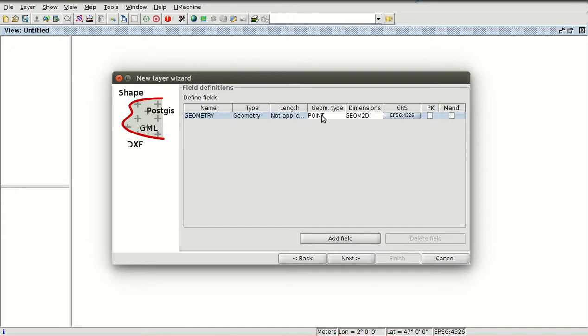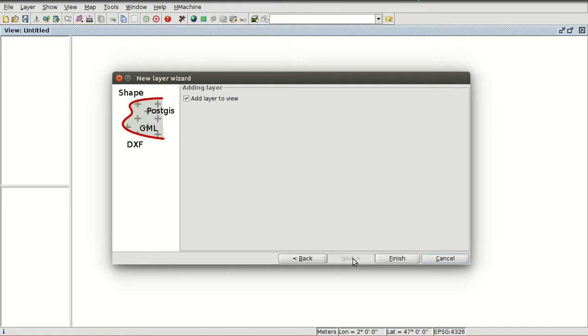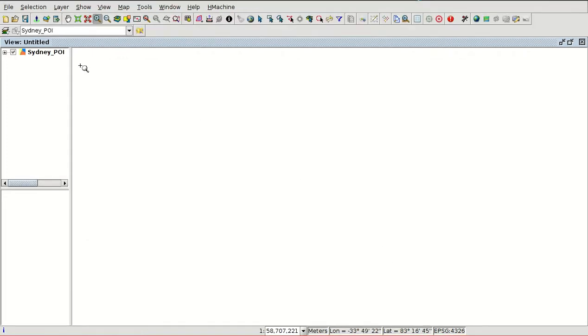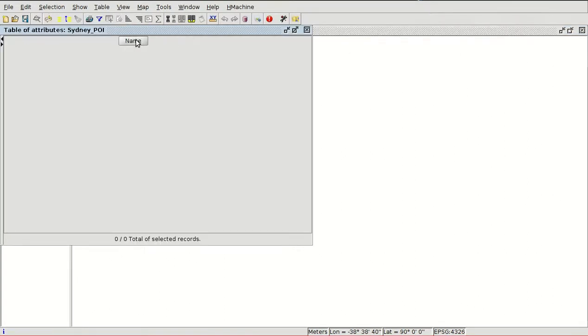It will be a point shapefile, and we are going to add a new field. Double click, the name. It will be string type, 20 for the length, and we are going to press next, and we are going to add the layer to the view. Finish. So we have an empty layer with a field called name,